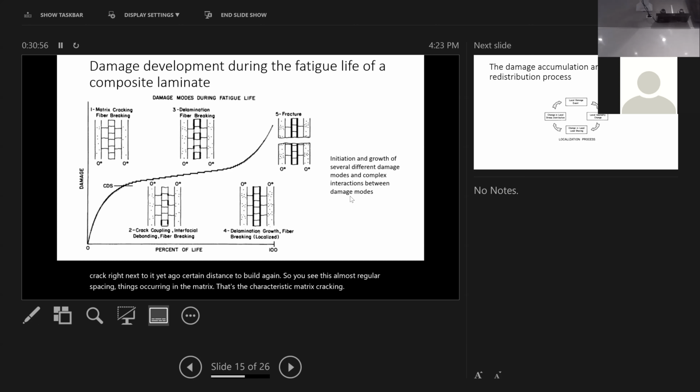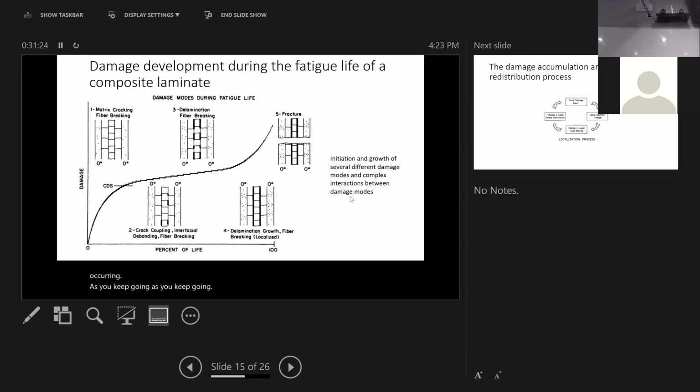Now that's the initial stage. There is also a small amount of sparse fiber breaking, the little dots. At the tip of the matrix cracking, there's some stress concentration that results in the 0-degree fiber layer starting to have a small amount of fiber breaking events occurring. Now, as you keep going,